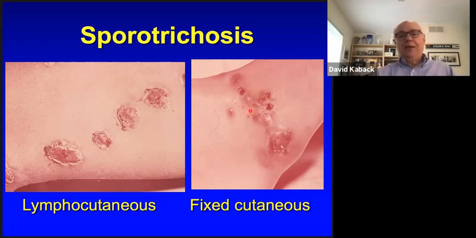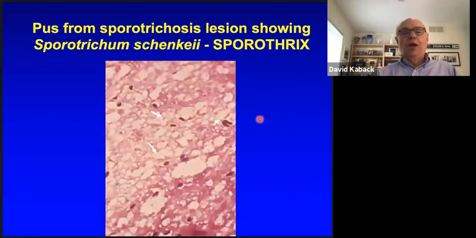It's rather painful, cause a lot of necrosis and allergic response, and needs to be treated. Okay, if one looks at it in the microscope and looks at these pussy lesions, one sees the organism, which is a rather elongated yeast, and this is stained with silver. We've seen this slide before.